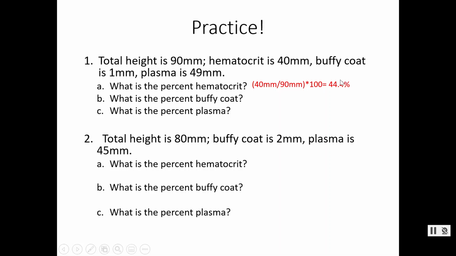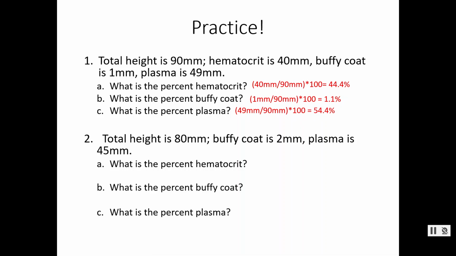Please feel free to round to 1 decimal place. Now the next one asks for the buffy coat, so we would do the same thing. The buffy coat was 1 millimeter divided by the total height of 90. So 1 divided by 90 times 100 for the percent would be 1.1%. And then last but not least, the plasma. We have 49 millimeters of plasma divided by our total of 90, multiplied by 100 for our percent, and that will leave us with